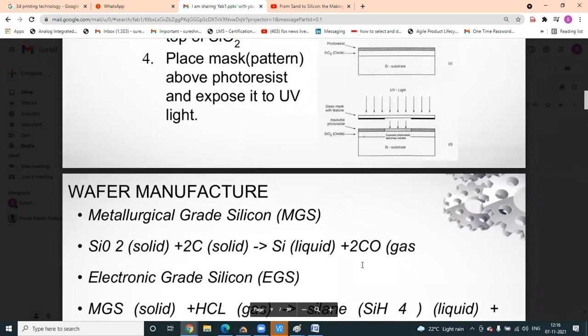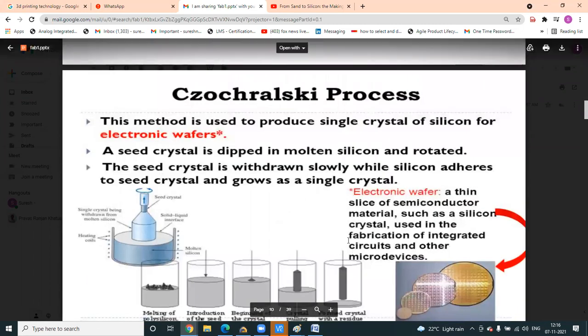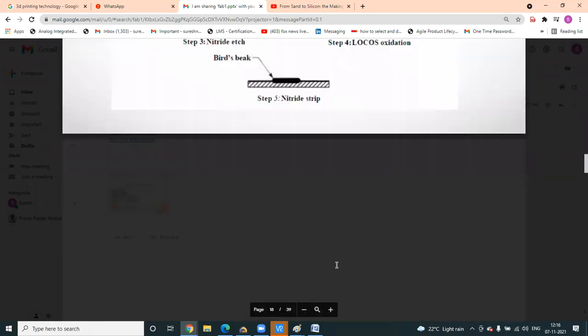So the term N implant means N ion implantation, and P implant means P ion implantation. These are called ions. Plus charge or negative charge will be there. All together this is called the ion implantation process. So how will it be formed? If you see,